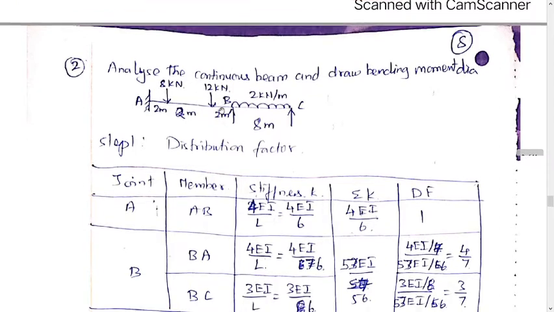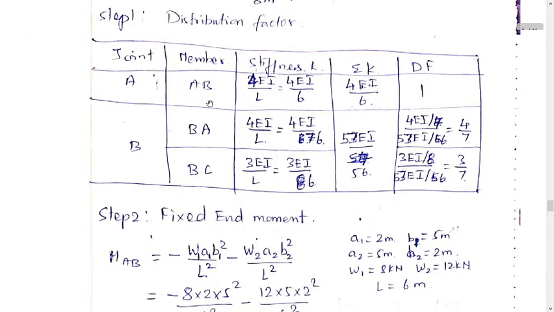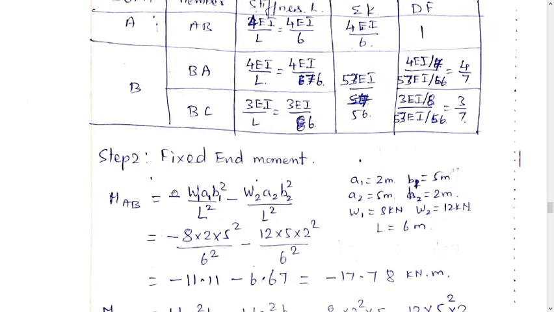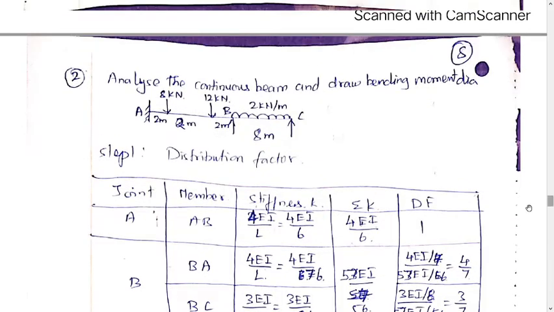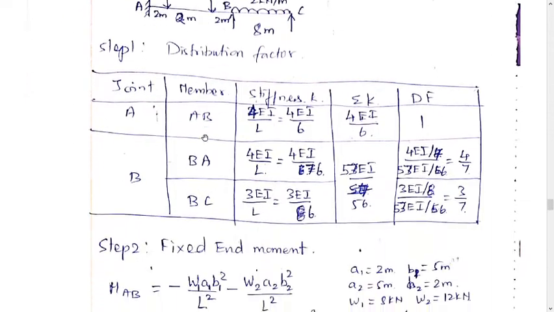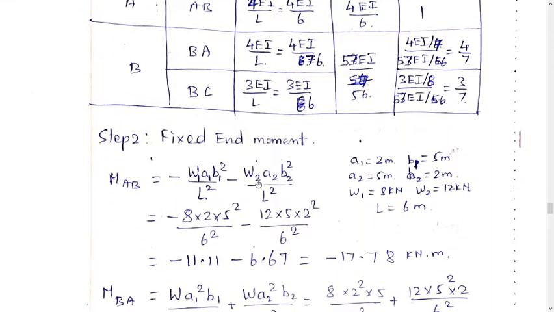So what we can do is first remove one of the loads, that is, remove W2. Then only with W1 you will get MAB and MBA. Then remove W1 and add W2 and find MAB and MBA. Then add both, because the beam has W1 plus W2. So we have to add both the moments, the moment due to W1 and the moment due to W2. This is called the principle of superposition.